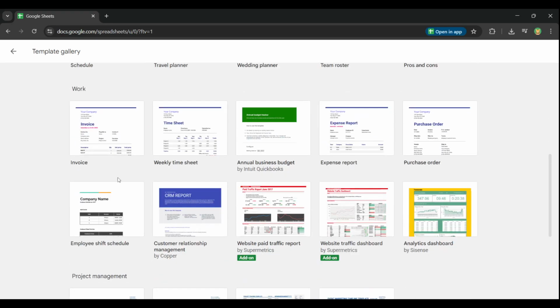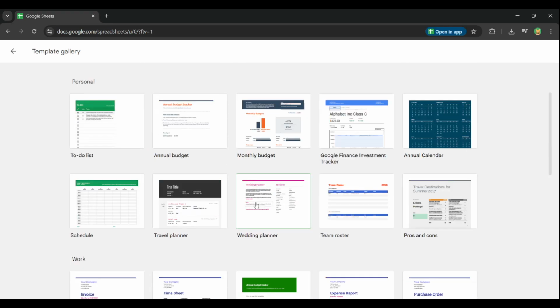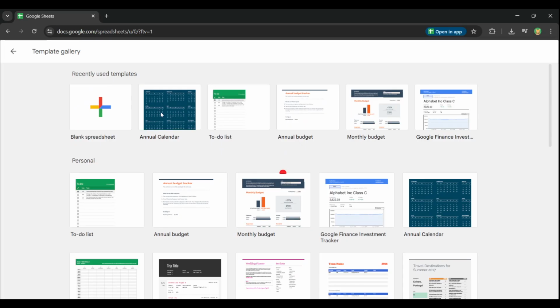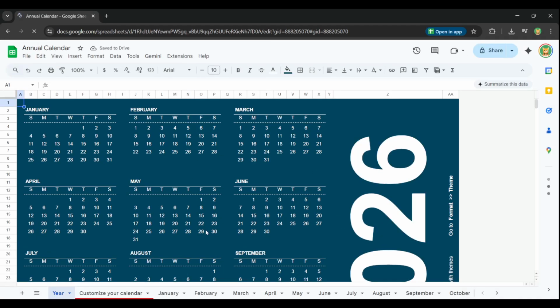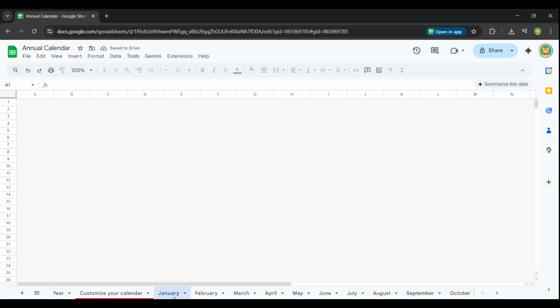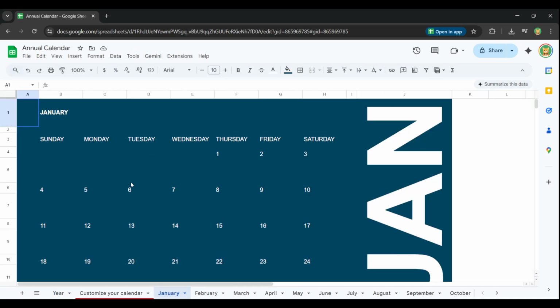Here's the best part. These templates are dynamic. At the top, you'll see a place to change the year. Update that single value, and every month instantly shifts so dates line up with the correct days of the week for that year. It's a one-click update that saves you from rebuilding or reformatting anything, whether you're planning far ahead